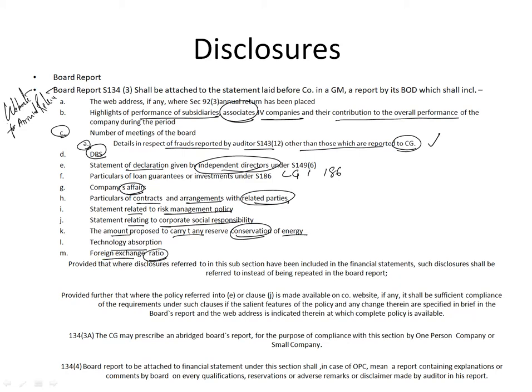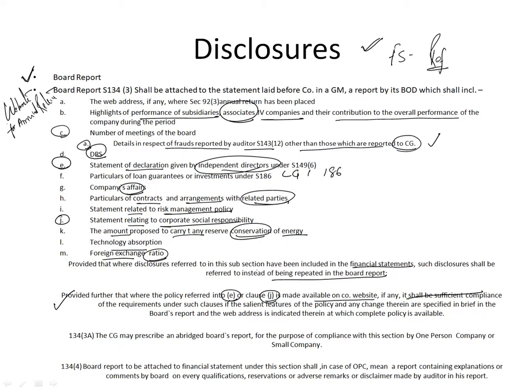So basically the board report will give you an understanding of all the internal matters which are required to be provided to the investor, and has become a mandatory disclosure for the company. Where the disclosure referred to in this subsection has been included in the financial statements, any disclosures that are available in the financial statement, just give the reference, and that is sufficient. You need not repeat that in the board report. Along with that, where the policy, such as the statement of declaration by the independent director and the statement related to corporate social responsibility, is made available on the website of the company, where you can usually see the annual return as well,